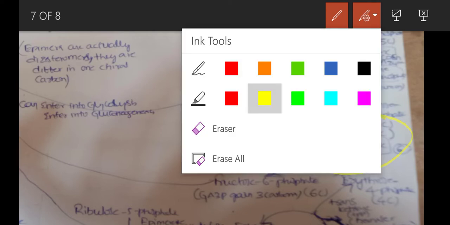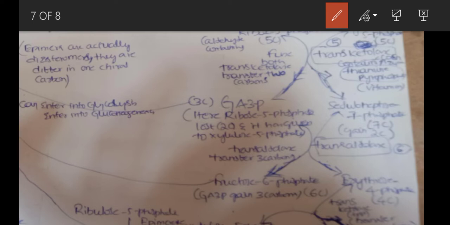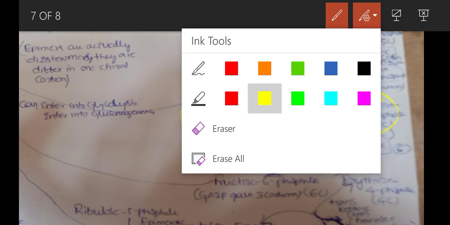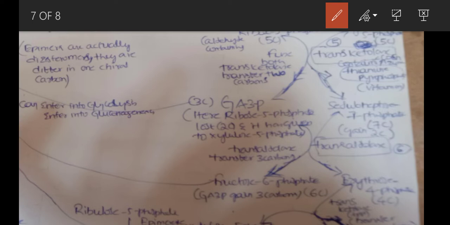Okay, what will it do? It will transfer 3 carbons, because the aldehyde contains 3 carbons, so it can transfer 3 carbons. Since glyceraldehyde 3 phosphate contains 3 carbons, it cannot transfer. Sedoheptulose contains 7 carbons. It can transfer. If this 7 carbon sugar transfers 3 carbons to the 3 carbon sugar, we will get a 6 carbon intermediate. What is that 6 carbon intermediate? It is fructose 6 phosphate. So when we take 3 carbons from sedoheptulose and give them to glyceraldehyde 3 phosphate, we will get fructose